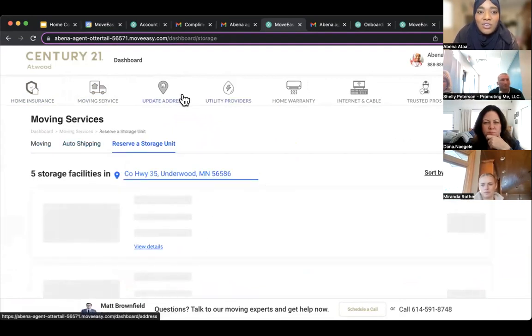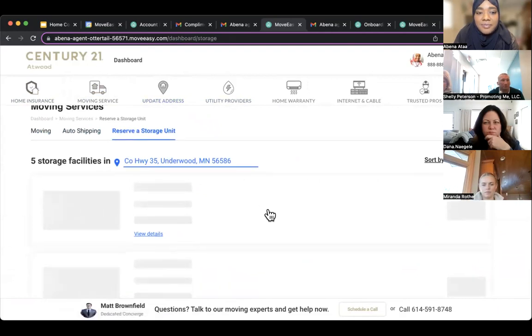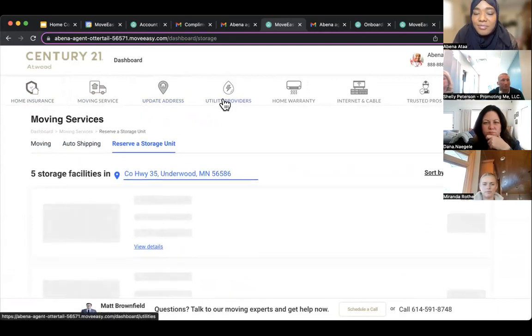They can reserve a storage unit. It'll show them what's available in the area for storage units. And then